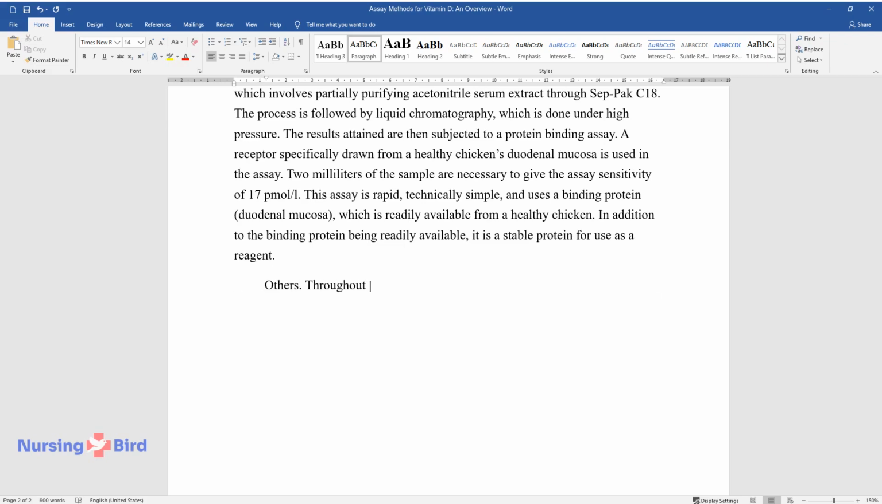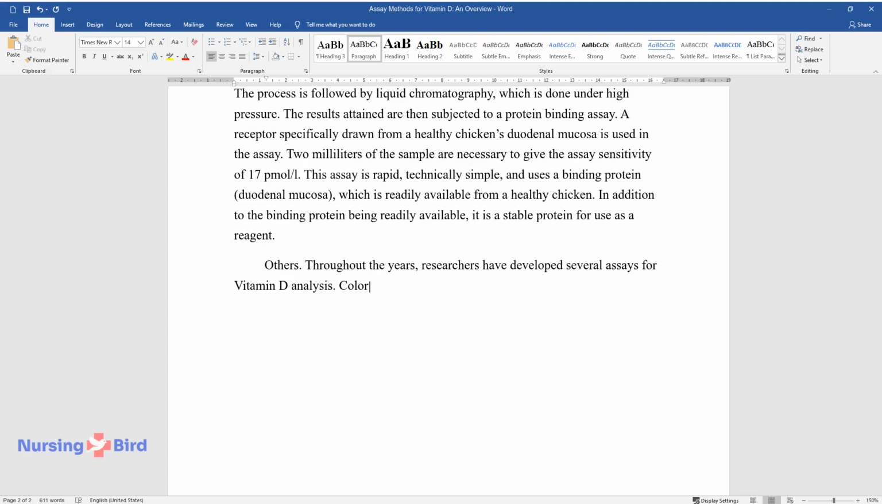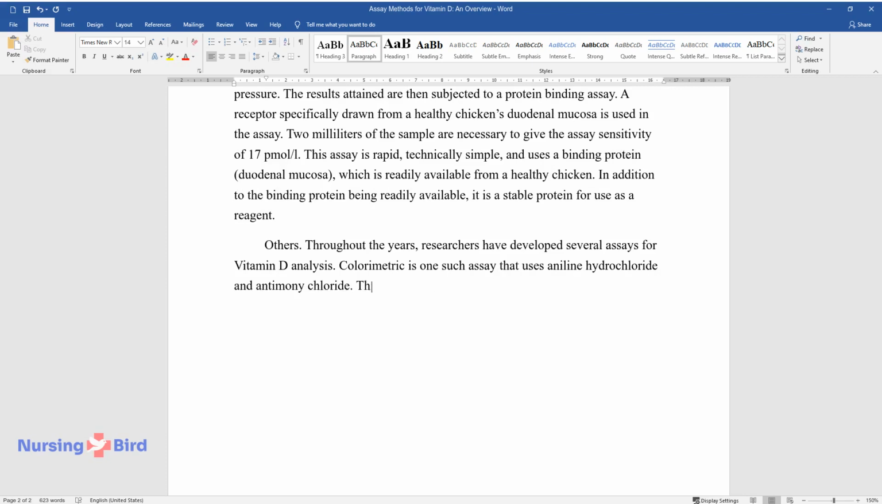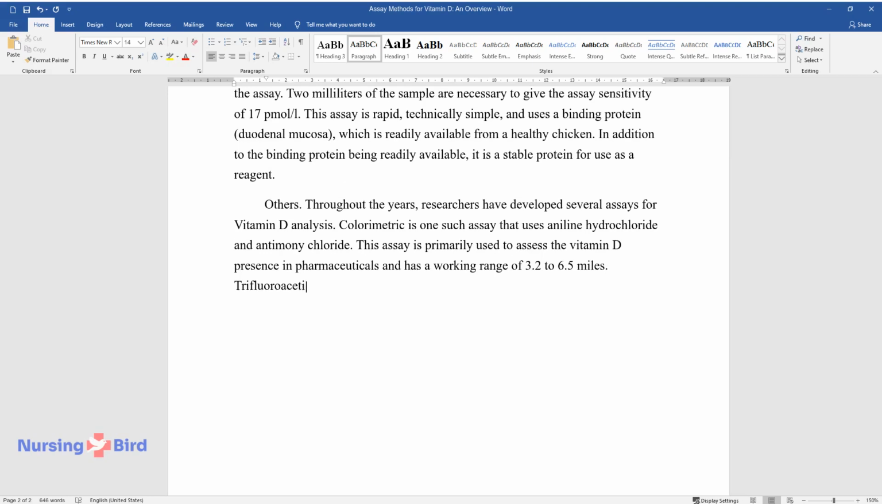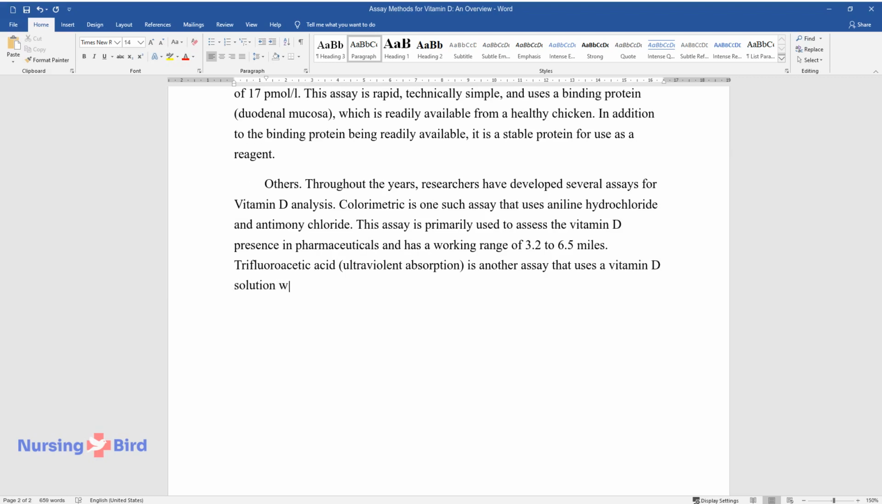Others. Throughout the years, researchers have developed several assays for vitamin D analysis. Colorimetric is one such assay that uses aniline hydrochloride and antimony chloride. This assay is primarily used to assess the vitamin D presence in pharmaceuticals and has a working range of 3.2 to 6.5 miles. Trifluoroacetic acid, ultraviolet absorption, is another assay that uses a vitamin D solution with 5.7 nanomoles and